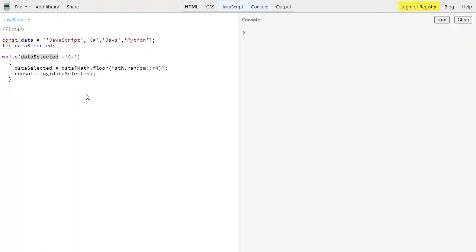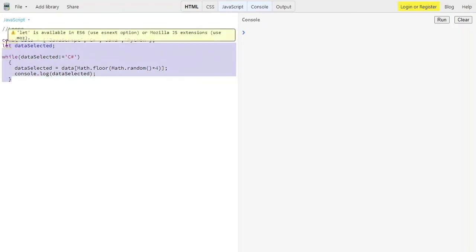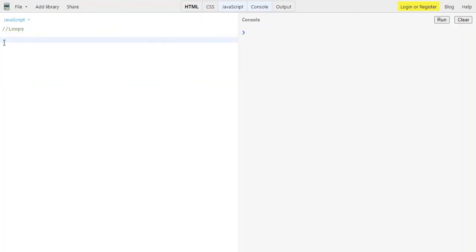And then we have another loop, which is the do while loop. Let me show you the difference.